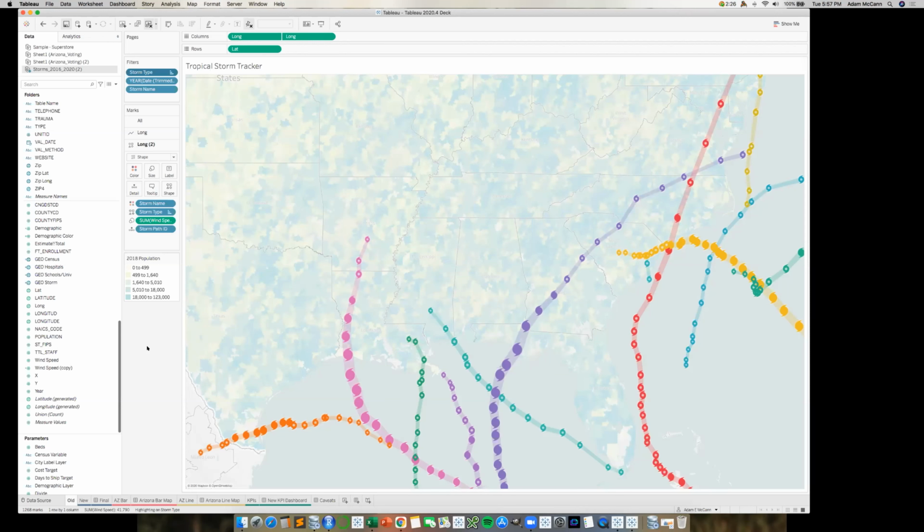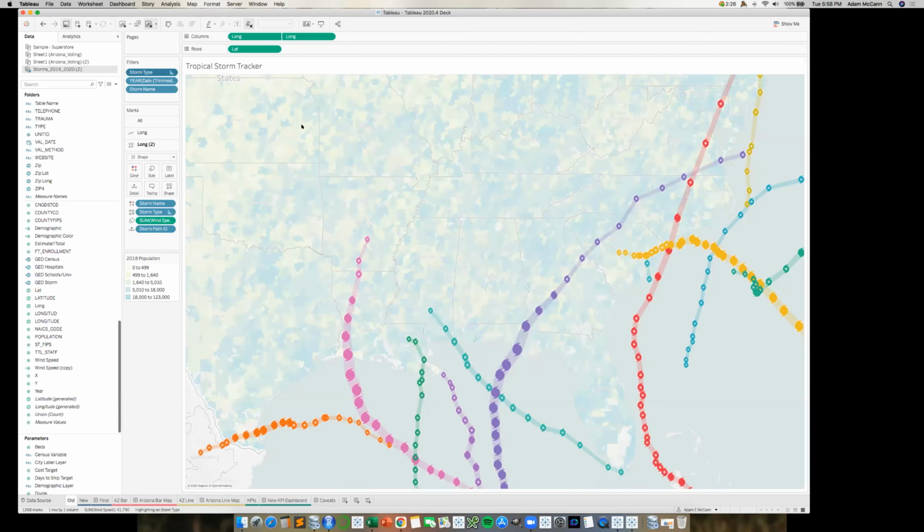So this is your traditional map showing tropical storms in Tableau. The line is the path of the storm, the point is the intensity and what type of storm it was at that point in time. You've got two axes, one for the line, one for the mark. And in the background, you have a demographic variable, in this case population. It's hard to see the state labels, the city labels. You can't add more than two mark types if you wanted to show hospitals or schools or other population demographics on here.